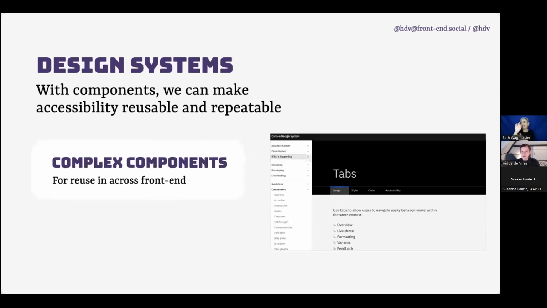Another way design systems can be super effective is when you have very complex components like tabs or carousels, things that take a really long time to build well and to do accessibly, to have those abstracted out so that they can be reused. If you've put all that work into making it accessible, testing it with users, making your code work really well, then that reusability is super effective, because these are the kinds of components where you can introduce inaccessibility if you don't build them well. So complex components are great for reuse. Whether you do that yourself in your own design system or whether you use these components from the bigger design systems like Bootstrap or Material that are offered by larger companies that have maybe more time to test accessibility.